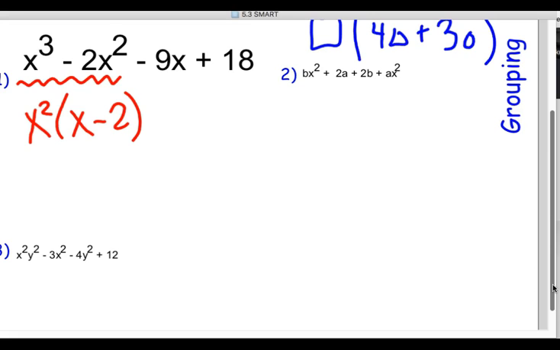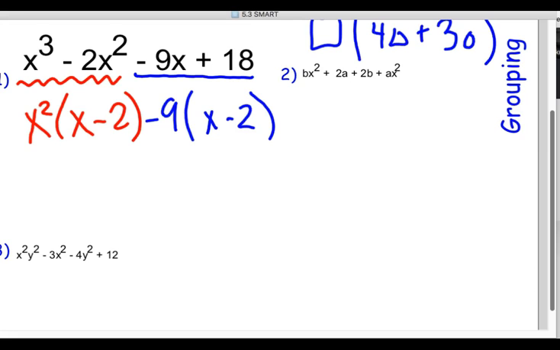So that's the first group. Do the same thing, but look at the second group. You guys know that when you factor, if you start with a negative, do you leave the negative or take it out? Take it out. So what can you take out of negative 9x and 18? Negative 9. So what's left of negative 9x? 18 divided by negative 9? Negative 2. So by just looking at it in 2 groups, do you see how those 2 parentheses are the